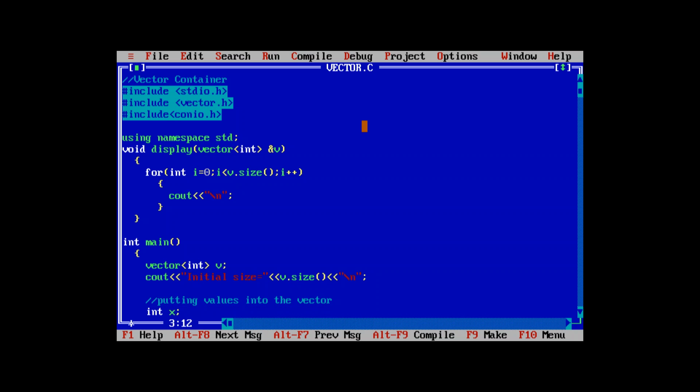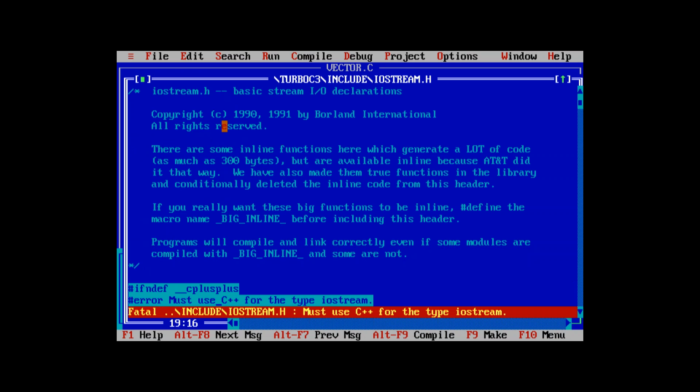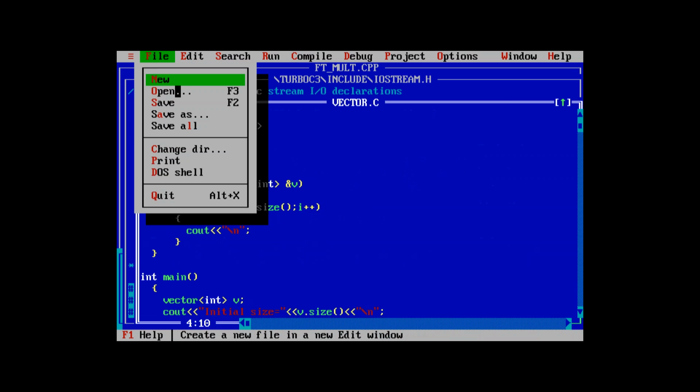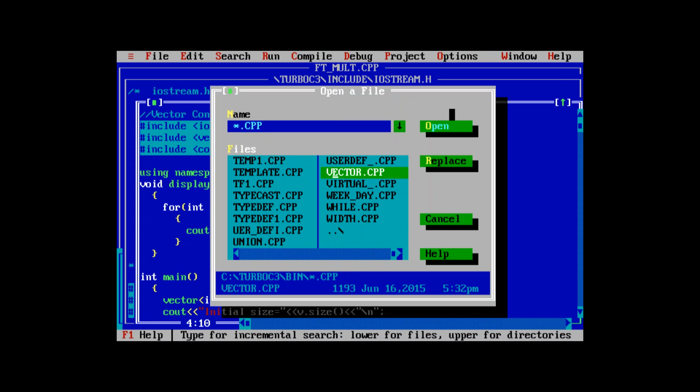If I give v as a capital, again there are four errors: cannot open the file vector.h, right? Then iostream, then conio.h. Now first of all save, then compile again. There is only one error, that is cannot include the file. Again it moves to open the file for C++, that is vector, opening the file,